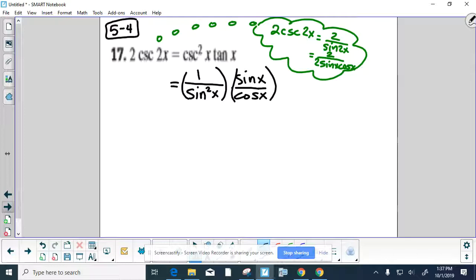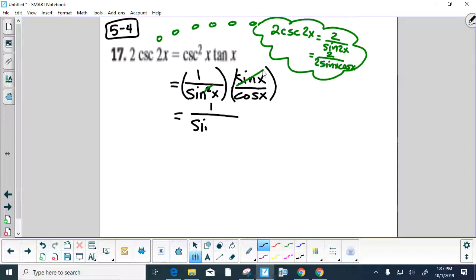Can I simplify that? I can get rid of one of these, and I'm left with 1 over sine x cosine x. I'm happy to see that arrive on the scene because I'm close. What do I have to do to this? Multiply by a favorable factor of 1, which would be 2 over 2. And that's 2 over 2 sine x cosine x,